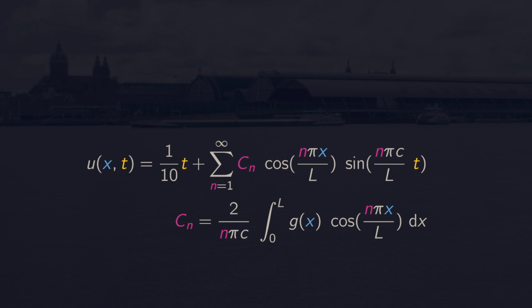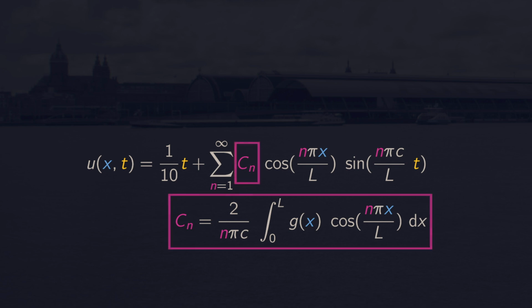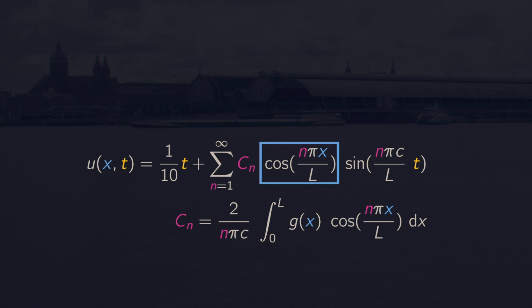Each mode is described by three components. The first component is a constant per mode and describes the amplitude of the mode. The second component describes the shape of the mode, better known as the mode shape. And the third component describes the harmonic behavior in time of that mode. The harmonic behavior depends on the eigenfrequencies of that mode.